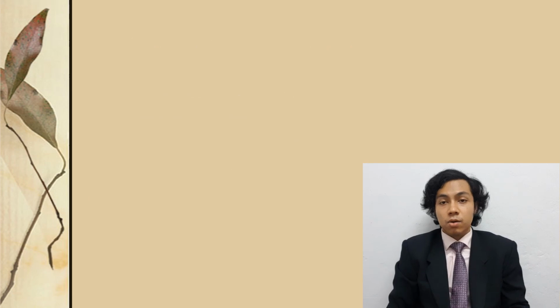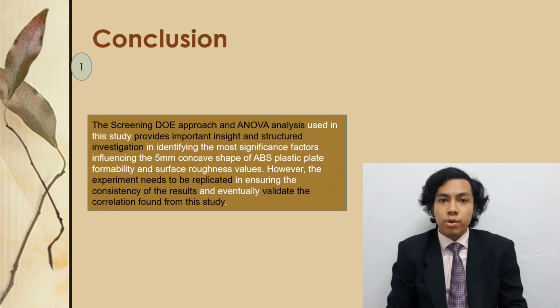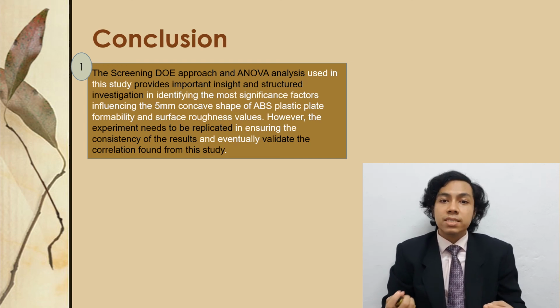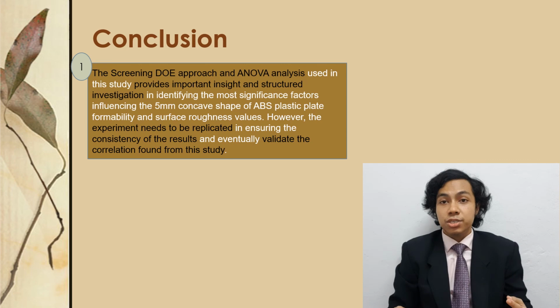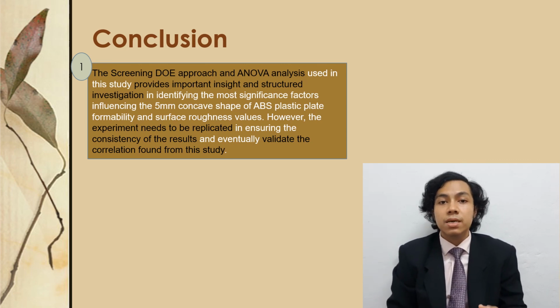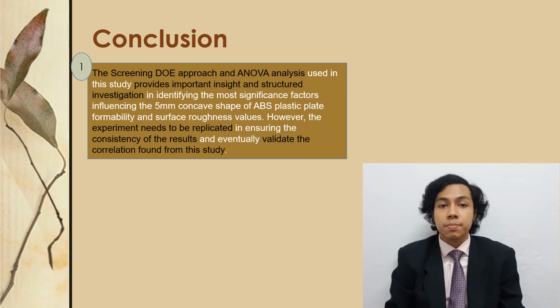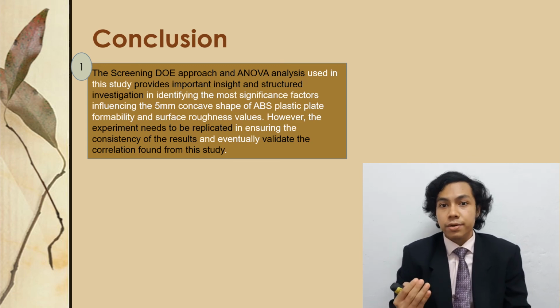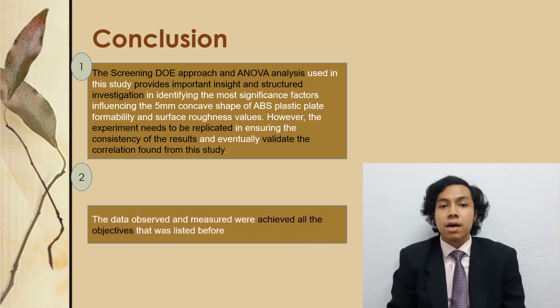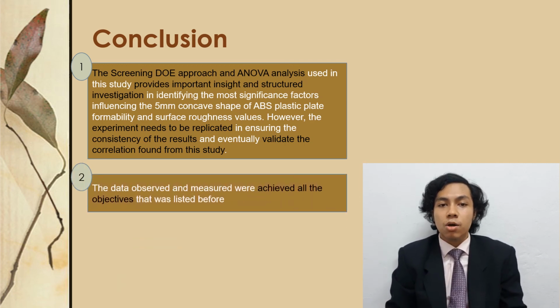The last part is the conclusion. In conclusion, the screening DOE approach and ANOVA analysis used in this study provide important insight and structured investigation in identifying the most significant factors influencing the 5 mm concave shape of the ABS plastic plate, formability, and surface roughness value. However, the experiment needs to be replicated to ensure the consistency of the result and eventually validate the correlation found from the study. The data observed and measured will achieve all the objectives